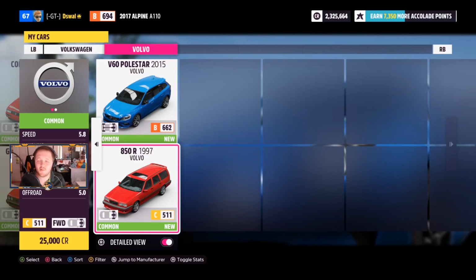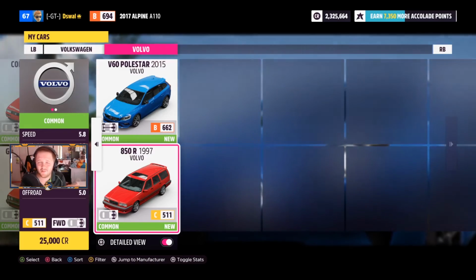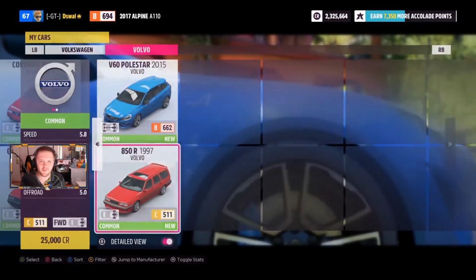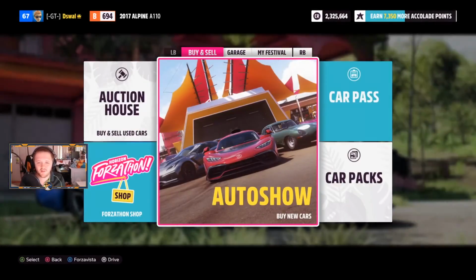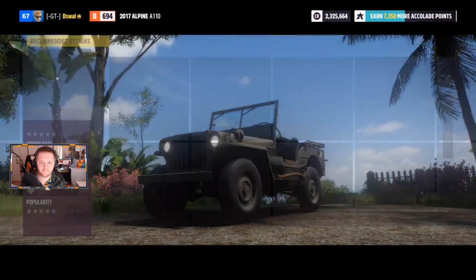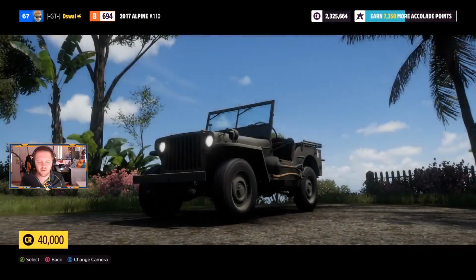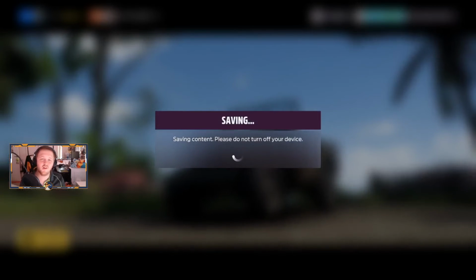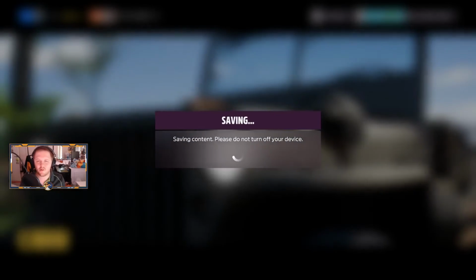It's the quickest way. Some people like to gift the cars. As I mentioned before, people love having cars everywhere, but it's just easier to dump it because it's going to speed up this process. Go back into the auto show, and then you do it again. Grab yourself another Jeep. Pick a color, forget liveries,